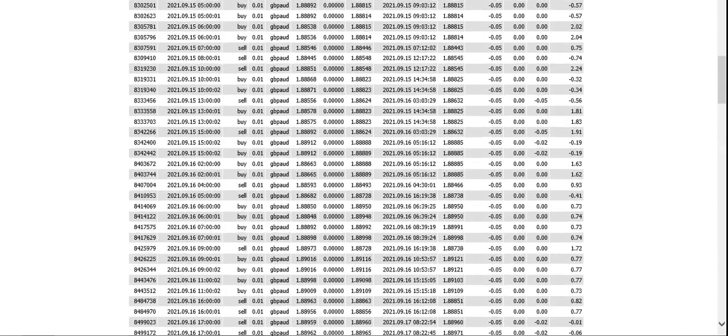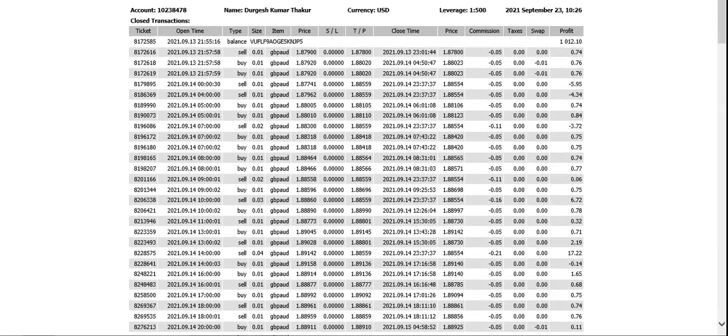Okay, so that is the thing I wanted to show it to you, and that's pretty much it. Maybe next time I might show it on some different account, because I might have to fund this account, or maybe I will use a separate account to trade some different pairs. So that is a different thing, but I used to trade on different kind of account on different kind of pairs. So as of now, these 2 accounts were running.